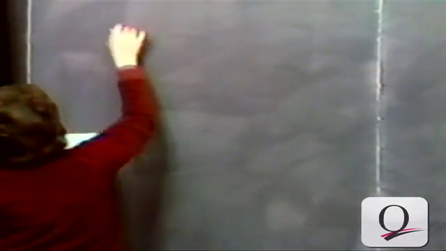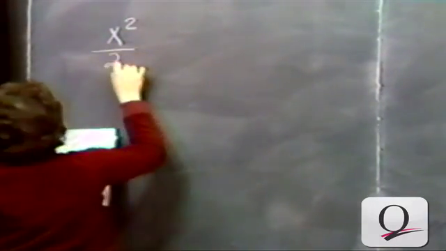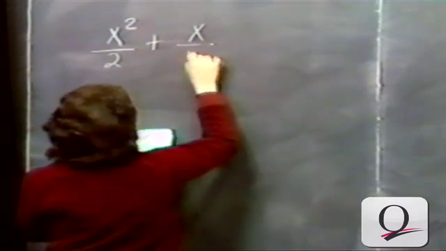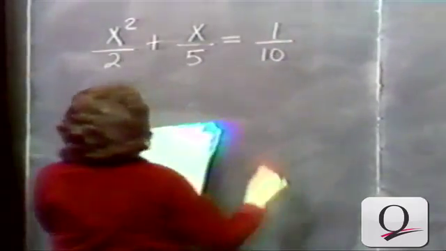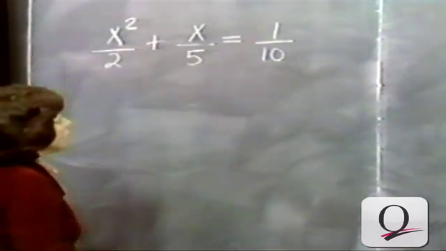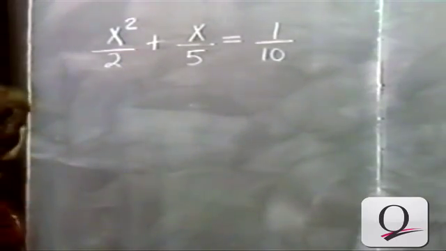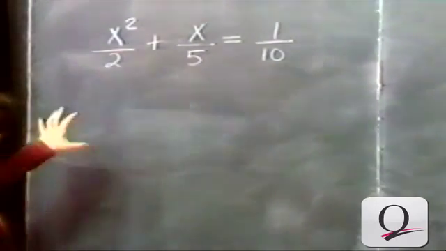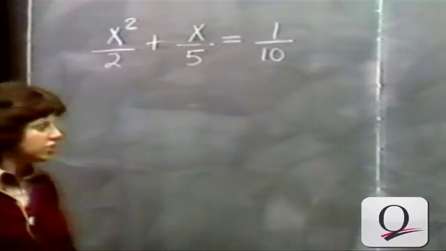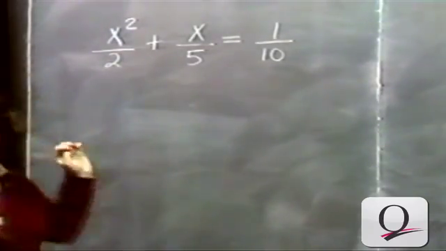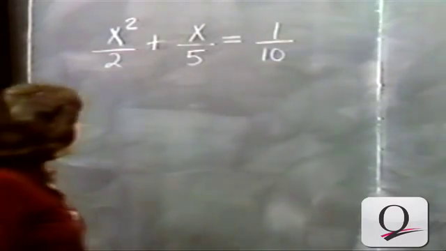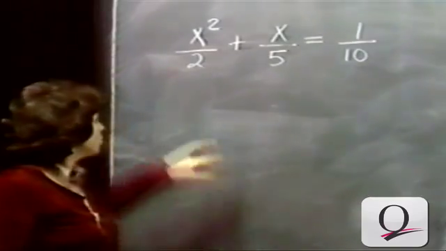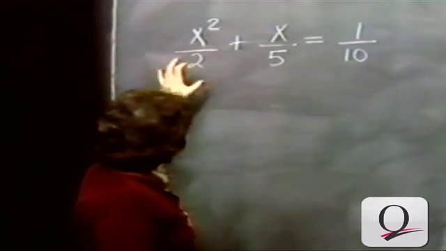Let's try another example. x squared over 2 plus x over 5 equals 1 over 10. At first glance, this doesn't look like a quadratic equation in standard form. We're looking for something like ax squared plus bx plus c equals 0. The fractions may upset you. Although it could be worked out in this way, letting the coefficients a, b, and c be fractions,